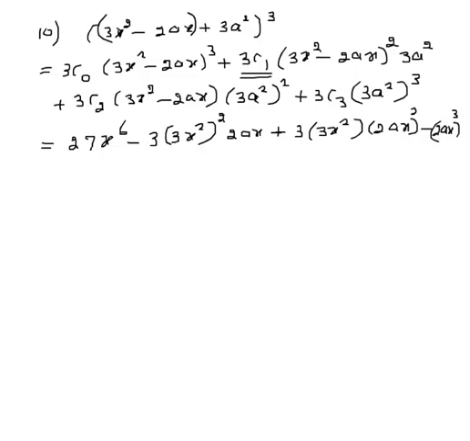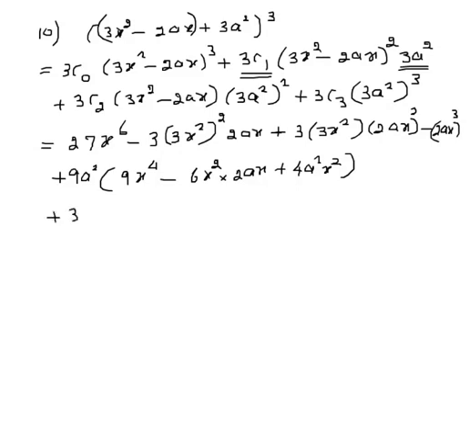We will multiply 3C1 and 3a square, which is 9a square times a minus b the whole square expansion, a square minus 2ab, 6x square into 2ax, plus b square term, 4a square x square,